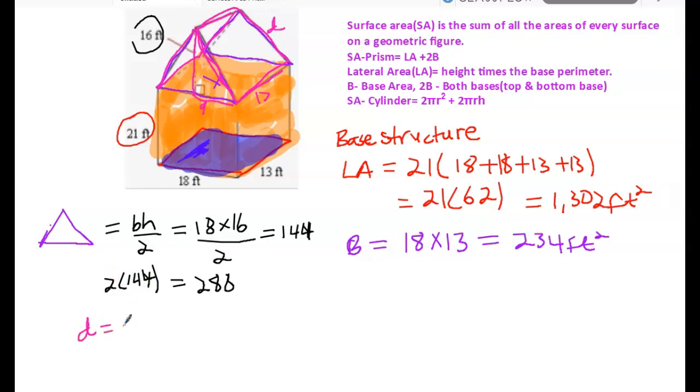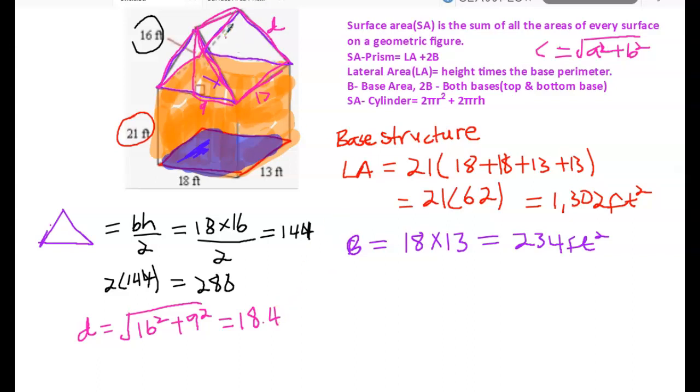Then that section is just going to be a square root. You're supposed to know your Pythagorean, which is, if you're looking for that side, like a hypotenuse, c squared is equal to a squared plus b squared. You have to know that. We are using 16 squared plus 9 squared, and that will give us